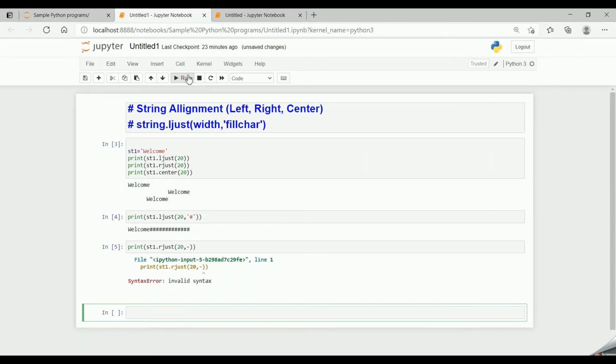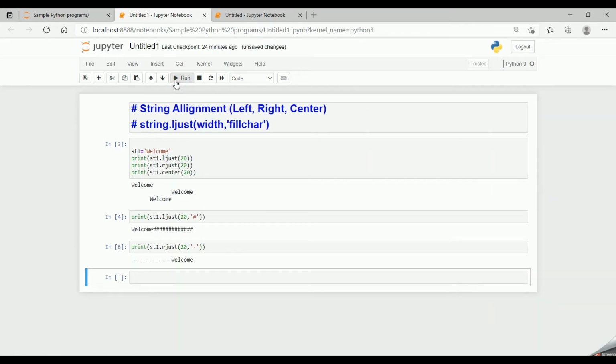I have to give it in quotes. Now if I run the code, you get all hyphens initially and the text will be right justified.